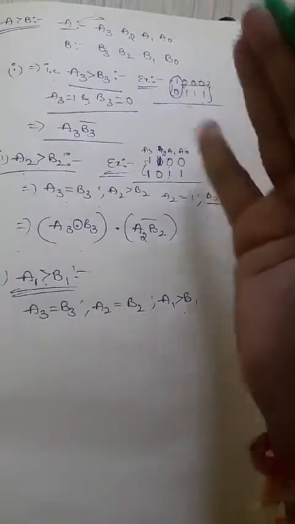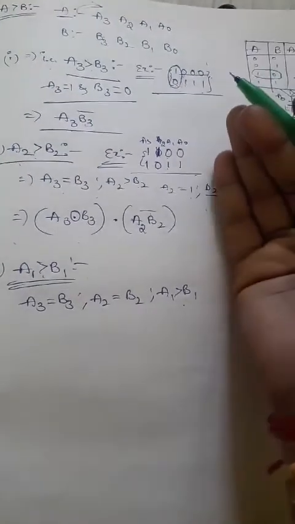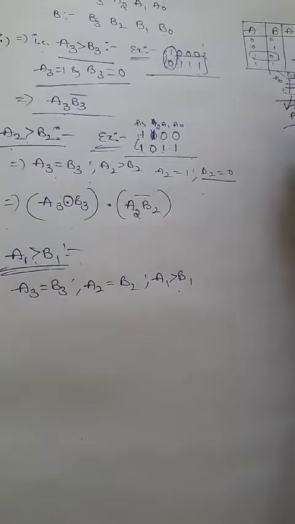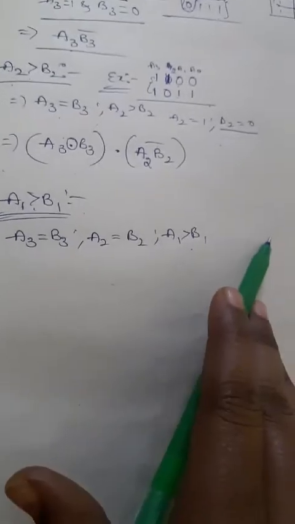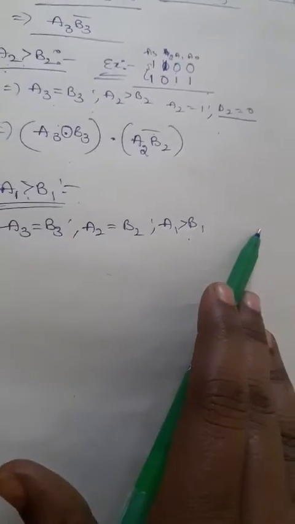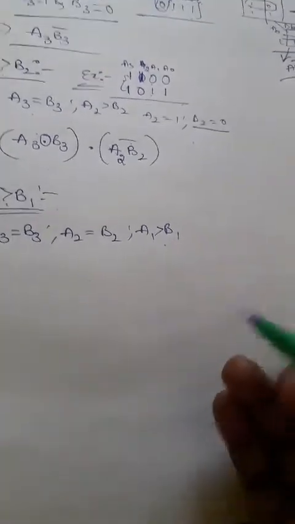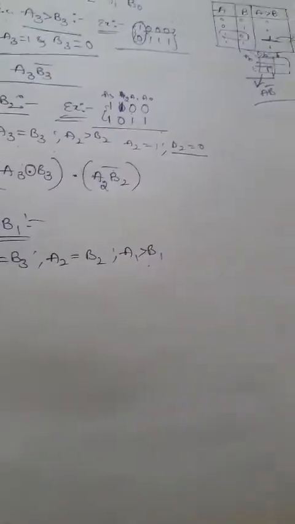Only observe which bit we need to consider. That is the main thing. If you want the second place, that must be greater than. If you want to take the third place, that must be greater than. If you want to take the fourth place, that must be the greater than condition. That is our main aim. So here also A1 B1, what are the after bits we are having? A0 B0. So that may be less than or greater than. You can skip those bits. Don't bother about that, whether greater than or less than.